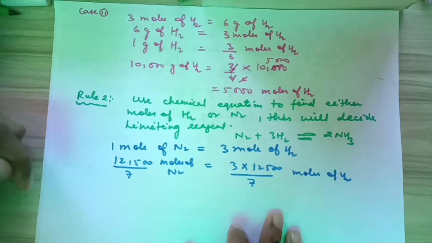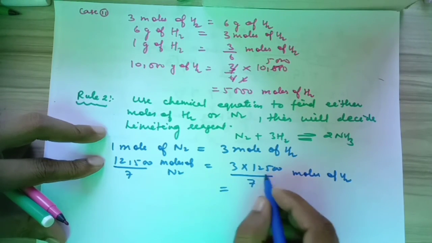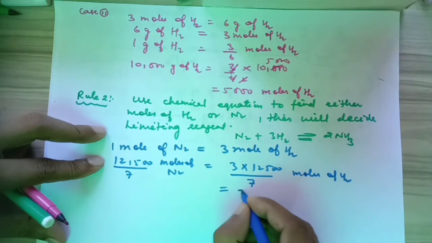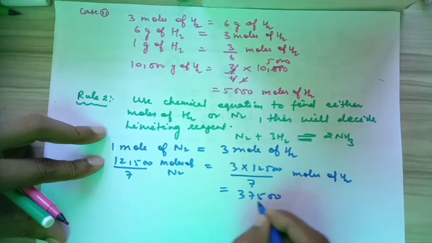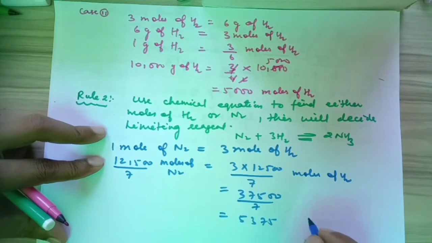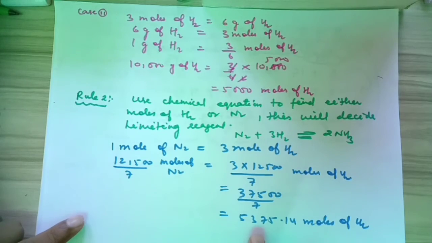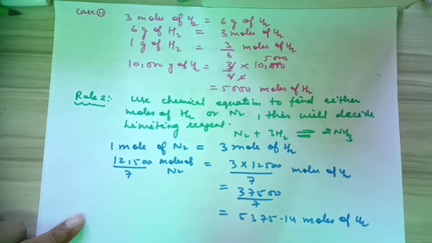So the amount we'll obtain here is 3 times 12,500, which will be 37,500 by 7. So we'll approximately get 5357.14 moles of hydrogen. Now the amount of hydrogen available to us is this much,